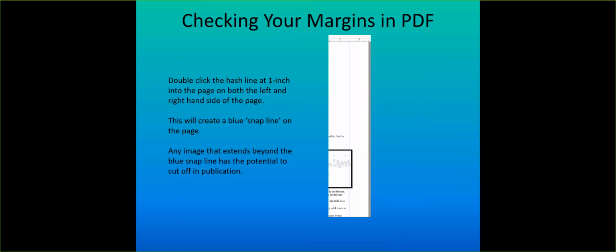And if they do, that'll be indicated in your email that you get from us in ProQuest saying, you know, page 34, I see that figure 2.1 looks like it will cut off on the right-hand side of the page, and you need to shrink that to fit within the 1 inch margins. So that's how that advice would get conveyed to you.